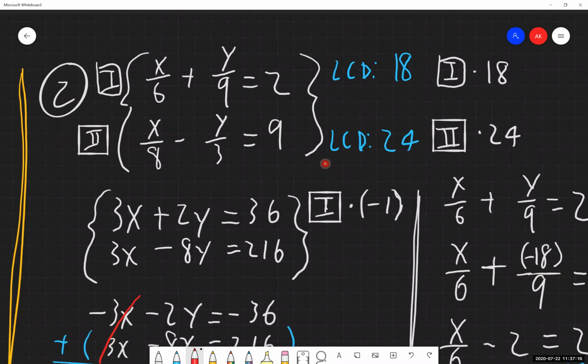So we're going to start off the exact same way as we did previously. I want to get rid of these fractions, so find the lowest common denominator and multiply each of those things respectively by the lowest common denominator. Fractions are now gone, and we are at this step. So this is where I'm going to jump us farther below to an alternative method to solve this thing.